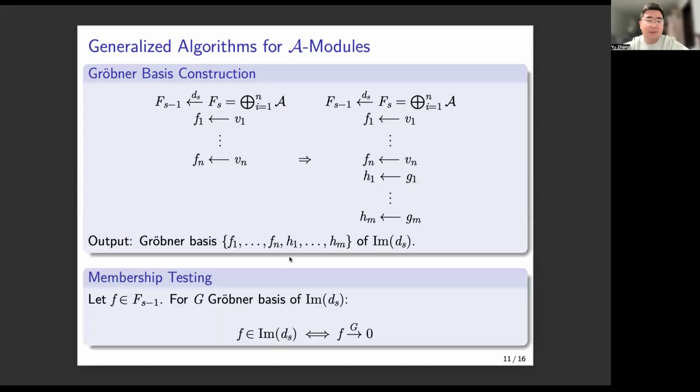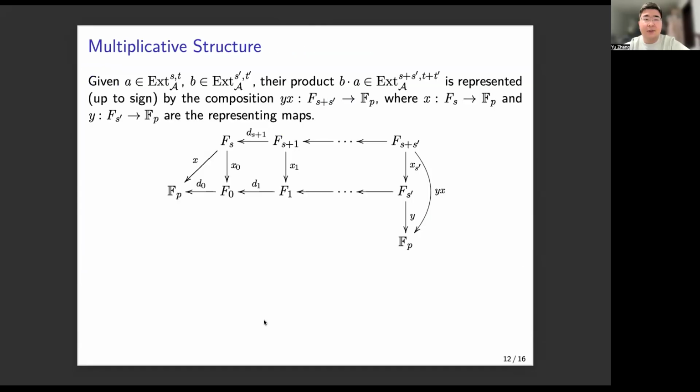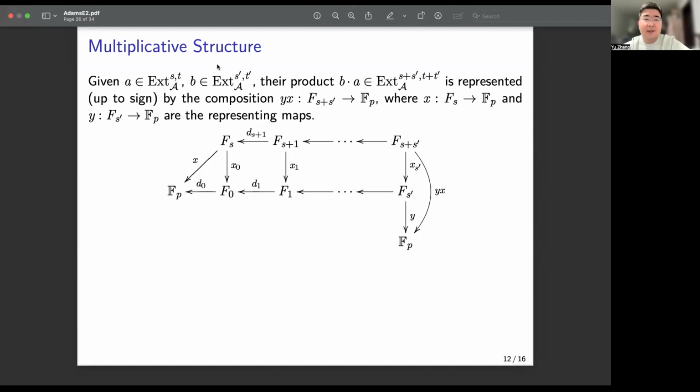Another thing we have is membership testing. It's a direct analog of the classical counterpart. We can use global basis to detect whether an element f belongs to the image or not. So using these algorithms, we have an efficient way to construct the minimal resolution. And for the multiplicative structure, previously I mentioned that constructing a minimal resolution is basically equivalent to